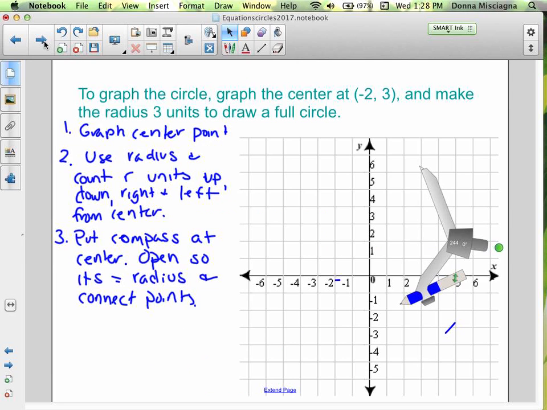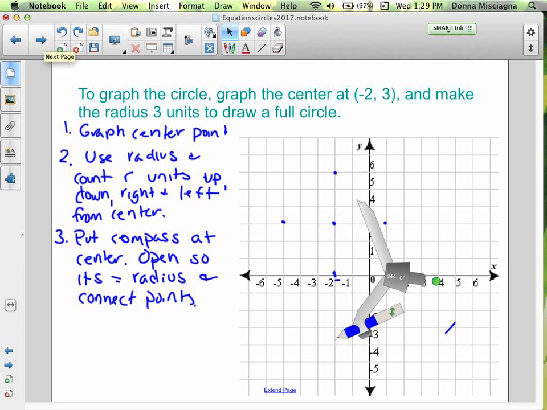So step 1, let's graph the center point, which is at (-2, 3). Step 2, you're going to use your radius and count r units down, right, left, and up. The easy directions to go. So our radius was 3, so we're going to count to the right 3, to the left 3, down 3, up 3. You're going to take your compass